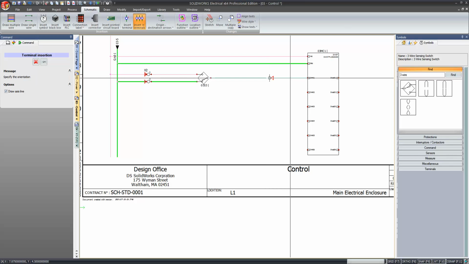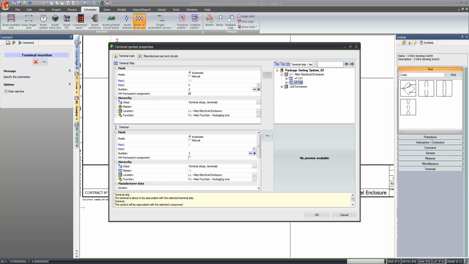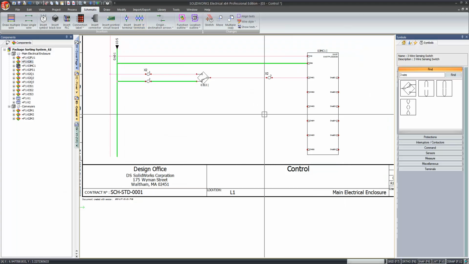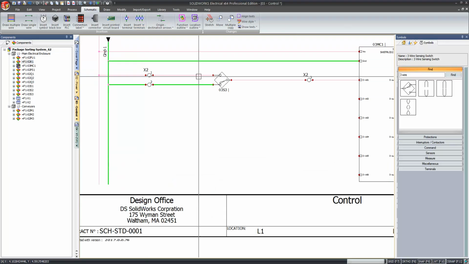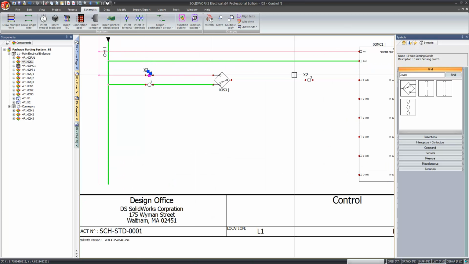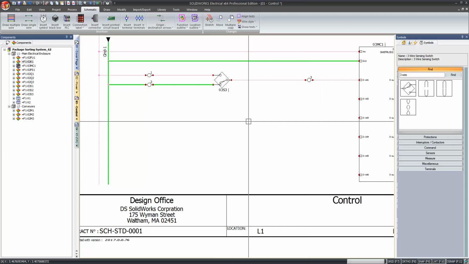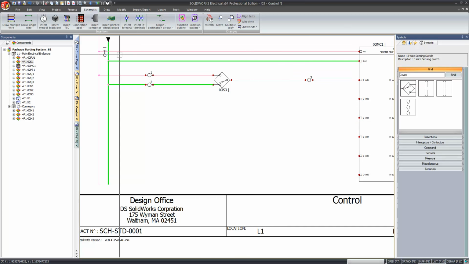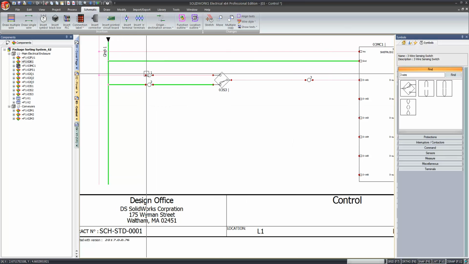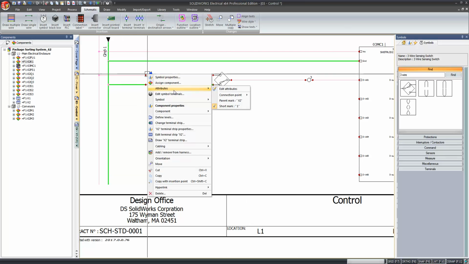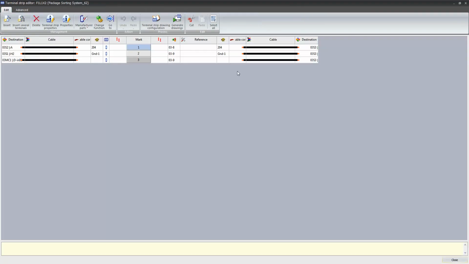And remember, now the arrow has to point towards the sensor, because the sensor is outside the cabinet. So we're pointing towards the sensor, and we're going to attach this to terminal strip X2. We're not making a new terminal strip. And now we say that we have terminals 1, 2, and 3 all going to this one cable. And you'll see why I'm doing this in a little bit. I'm just going to hide the parent mark attribute, and now I can go in and edit the terminal strip. So we'll put in 3 small terminals,